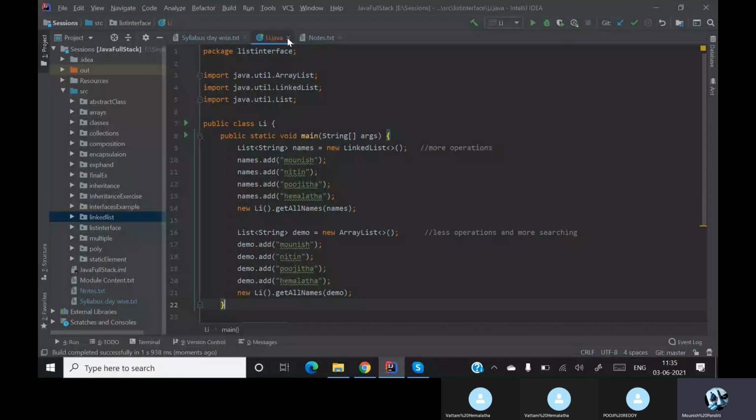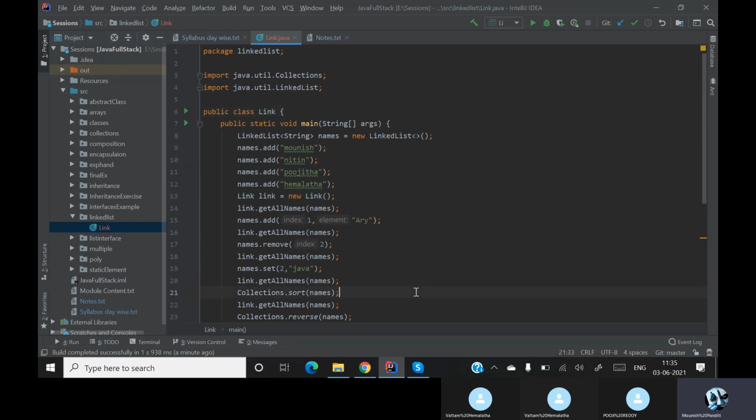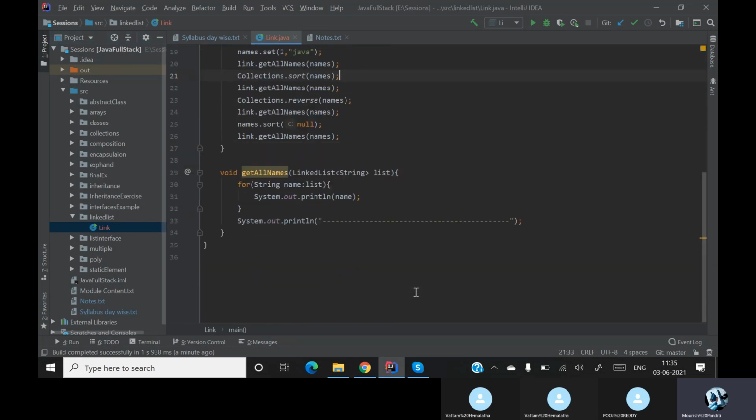So let's go to our next topic where we'll be doing our iterables, or our iterators. I'll simply explain iterators in the linked list. Before, we used to run a for loop, right? We call this the for each loop.